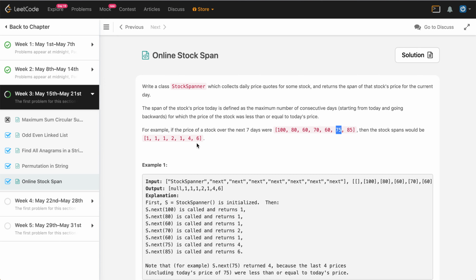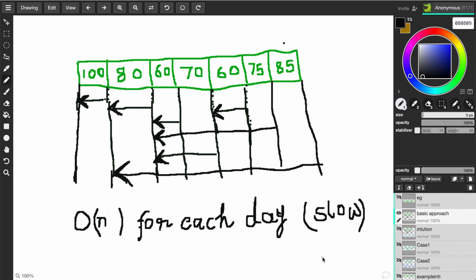So let's see how we can solve this. Let's start with the most basic approach. At each element, what we can do is keep on traversing until we find an element which is greater than this particular element. So for example here, if we keep on traversing on the left, we'll find that on the first index, that means if we consider zero-based indexing, then on the first index we see that this element is greater than the element at the third index. So we know that the answer for this one would be third index and the second index only, so the answer for 70 would be 2.